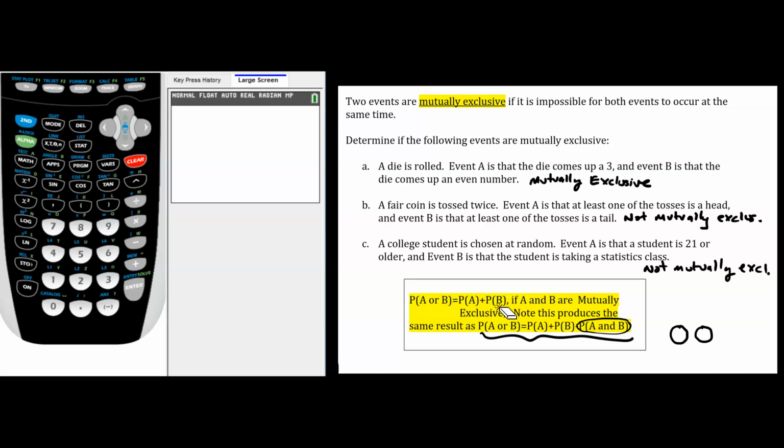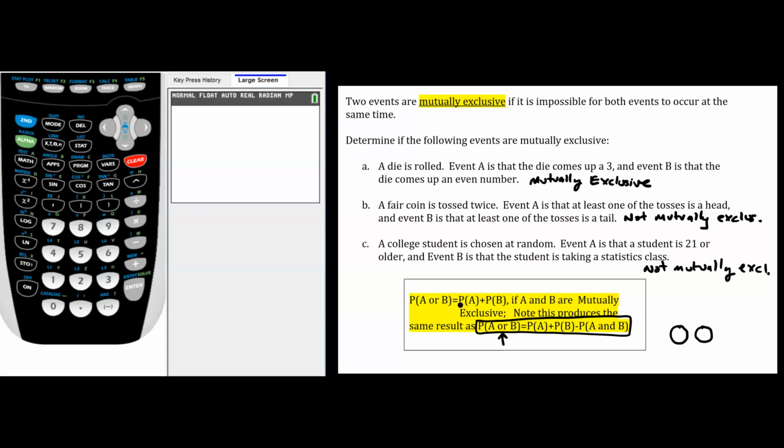Now my advice is to simply identify a problem as being an OR problem, as we've already seen a little bit in a couple of videos. If you identify it as being an OR problem, you can consider reasoning through it, as I've suggested before, or you can consider using this formula. But you should know that this right here is a formula that applies whether you have mutually exclusive events or not. So if you have mutually exclusive events, you don't have to memorize this as being a separate formula or anything, because you'll come to the realization that P of A and B is 0, and that this formula is really simplified into this right here.